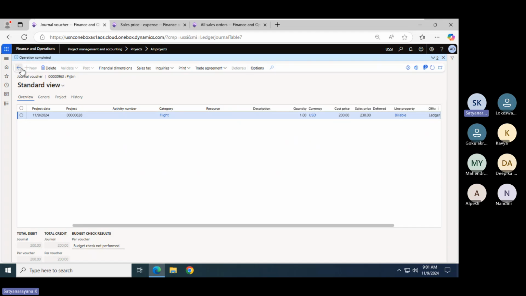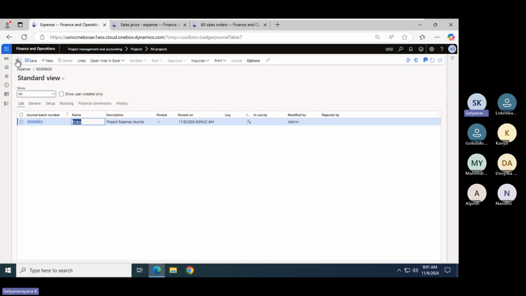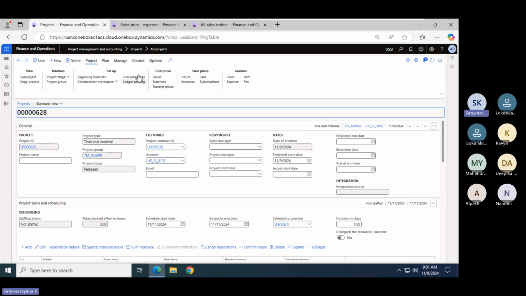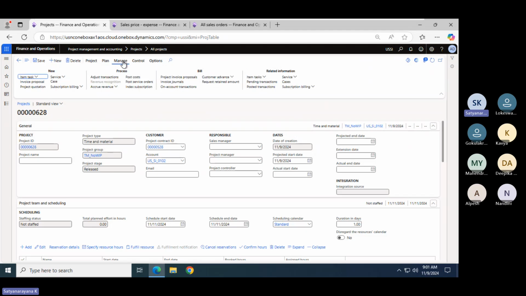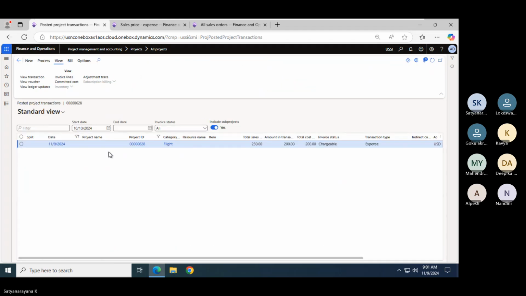Where can we see it? Go back. In this project, go to the Manage tab, Related information, Posted transactions, and you can see it here. Here the cost value is 200 and the sales value is 230.